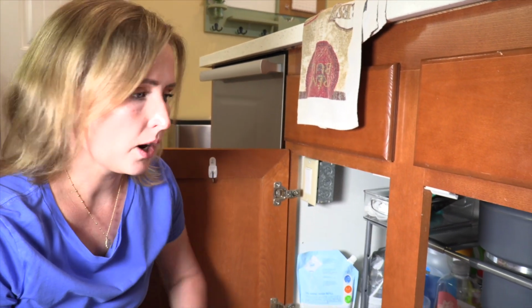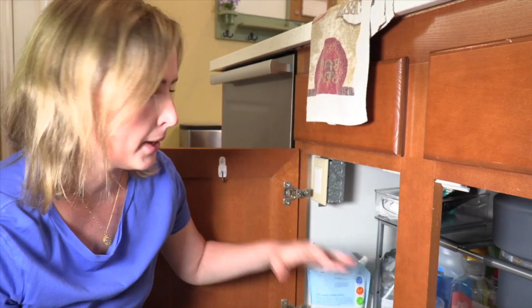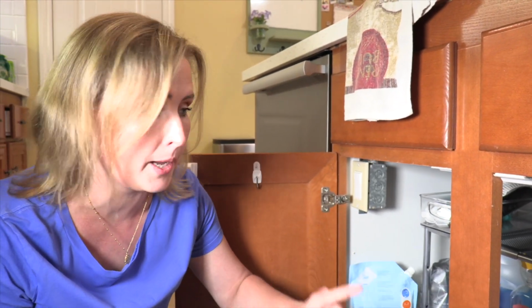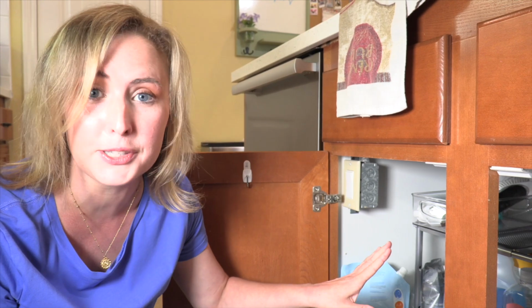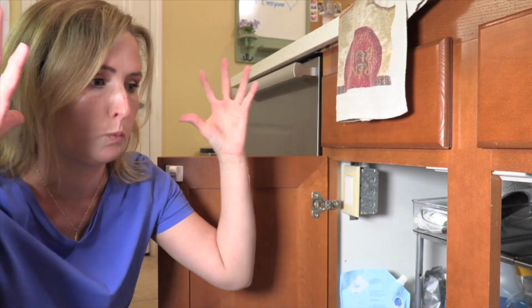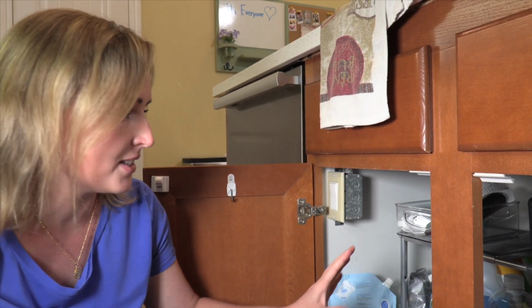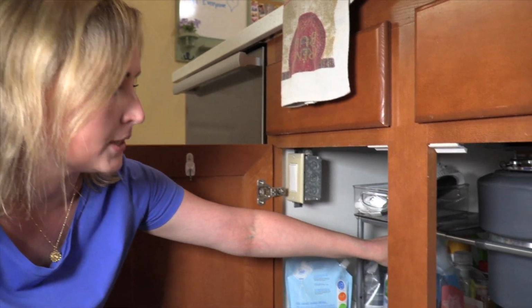All right, so we're underneath my kitchen sink cabinet area. Usually an area in every household that would be a big no-no that you should not be seeing because it's like a big disaster of different dish soaps and everything, and it's a big mess. I have taken the time during my quarantine to organize a lot of stuff, and I purchased this really awesome